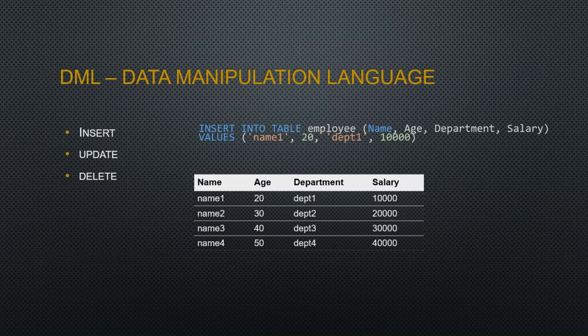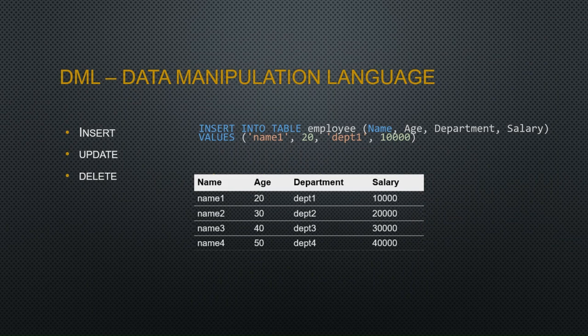Then the names of the columns: name, age, department, and salary, and then the keyword values, which is syntax, and then we give the actual values. Because name and department are text, they should be in quotes, but numbers can be without quotes. So basically, if we run this on an actual database, we are going to get this first row